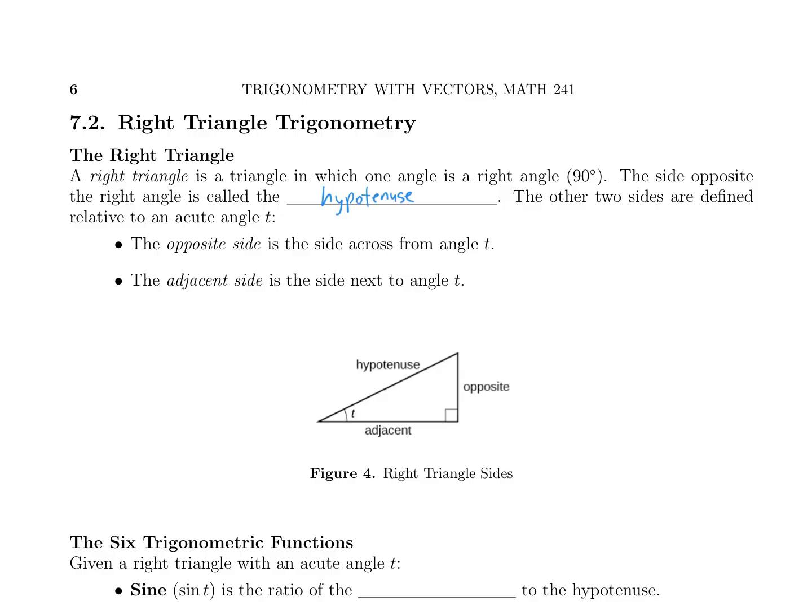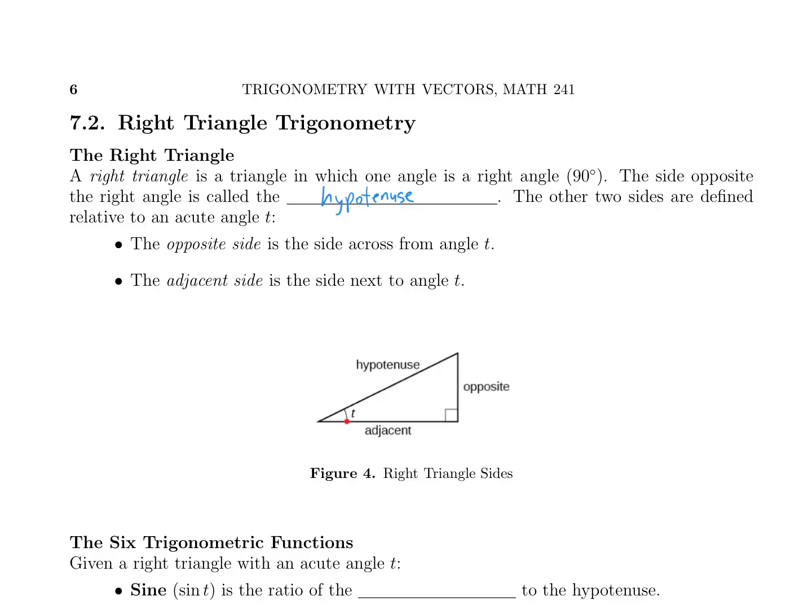So as you can see, it's directly across from the 90-degree angle. The little square indicates it's a 90-degree angle, and the side that's opposite of that 90 degrees is always going to be the hypotenuse. The other two sides are defined as the opposite side